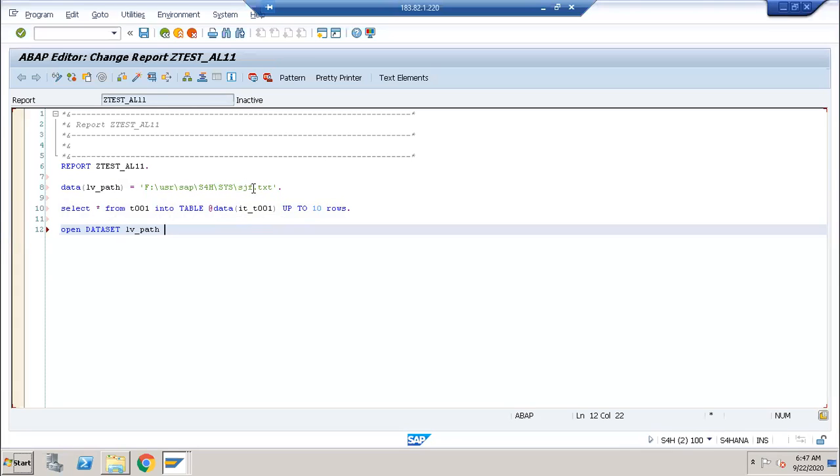The file name is sjf.txt. Encoding default, for output. I think the syntax is different here. One minute, I will check now.